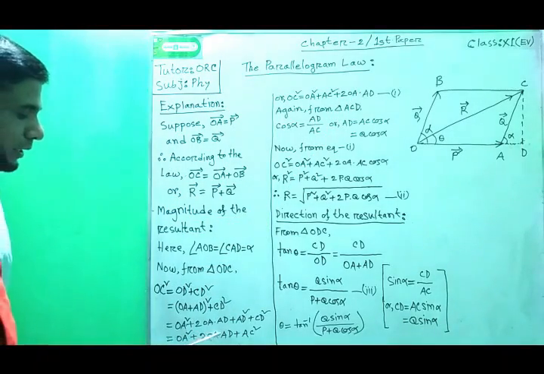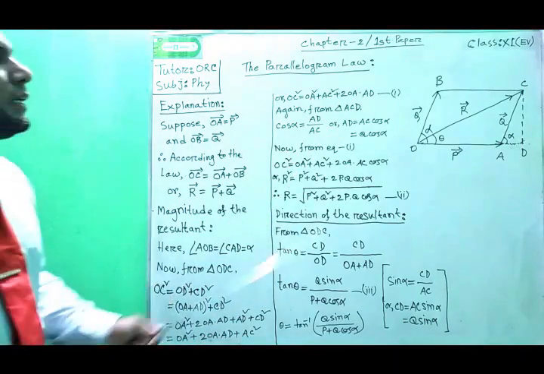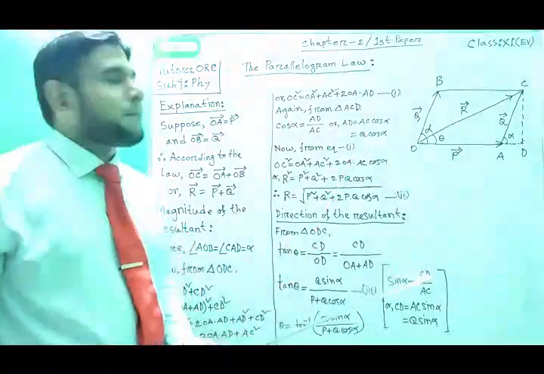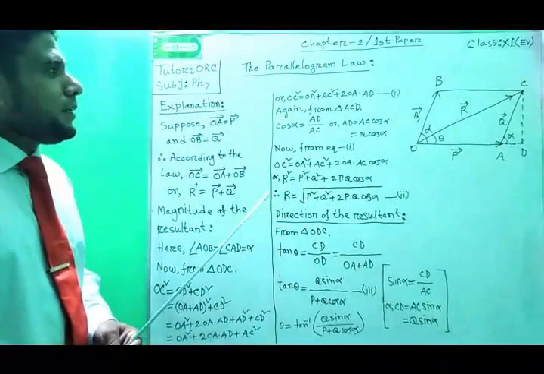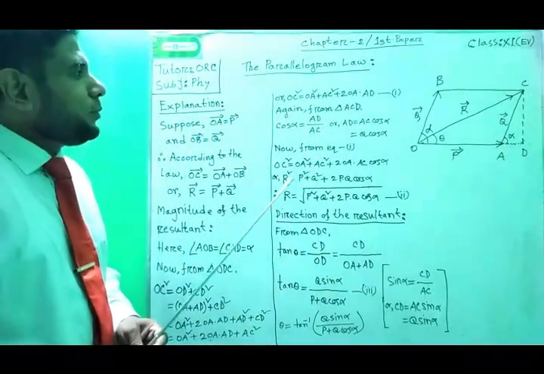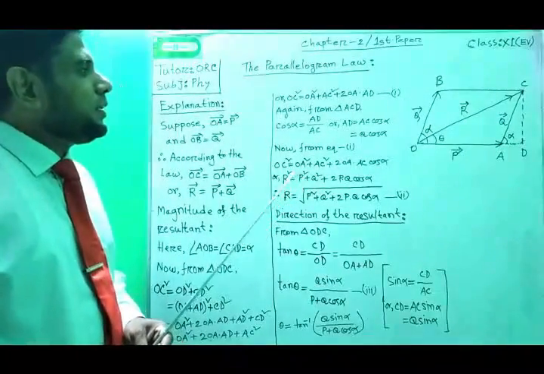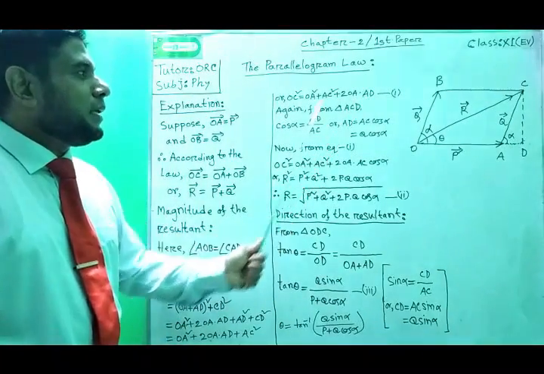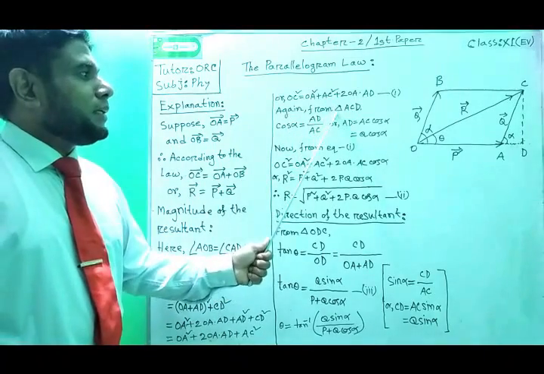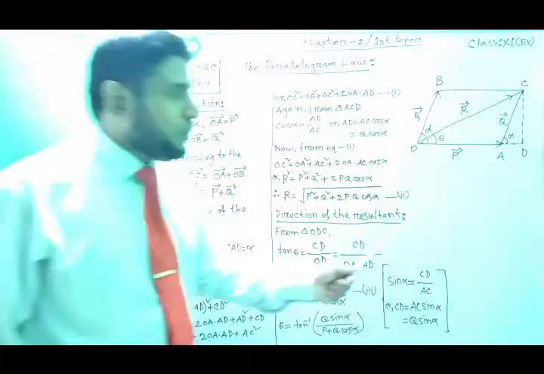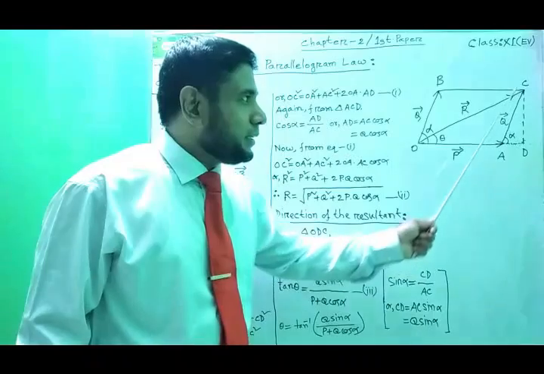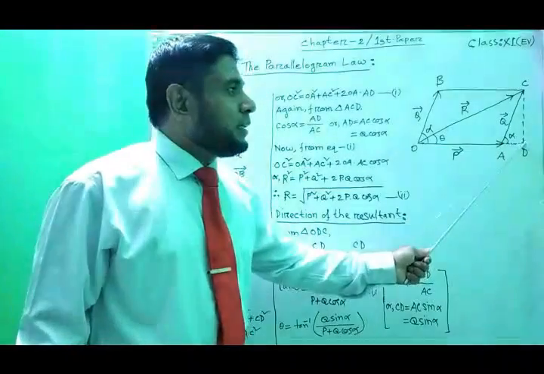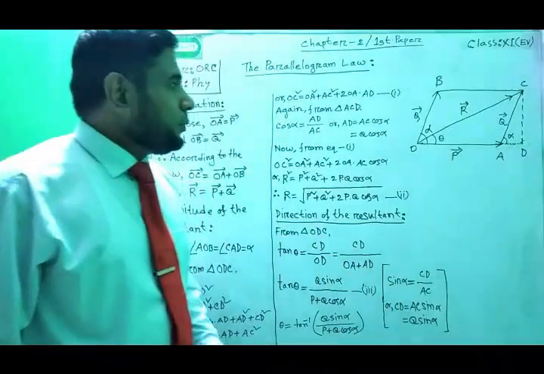Suppose this is our equation 1. Again, we need an important piece of information, the value of AD here. So again, from triangle ACD, you can see well we need here